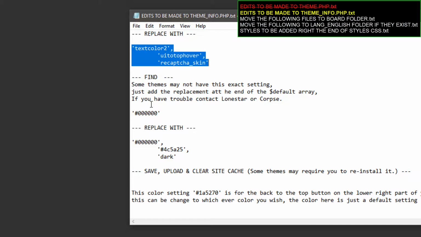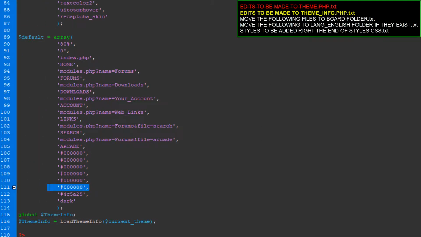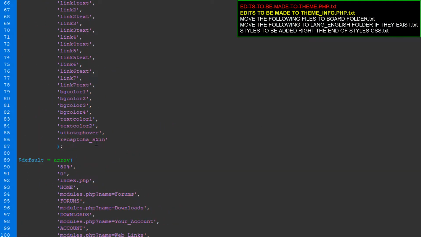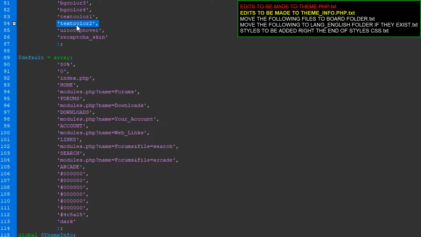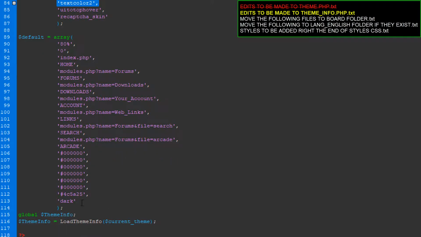And with this one, as you can see, it says find that 000. Well, I'll just make it simple. It's going to be more likely the last one. It's going to match up to where you found text color 2. So just say if text color 2 was right before the background color, it went link text, then text color, then it would be right there. So since we know text color 2 was at the very end, we know that we want to replace